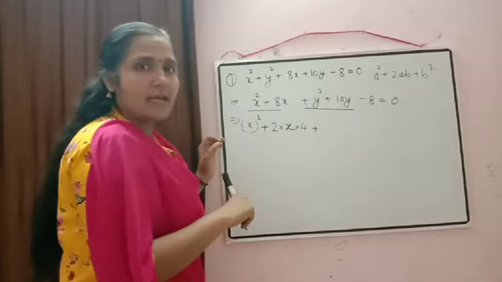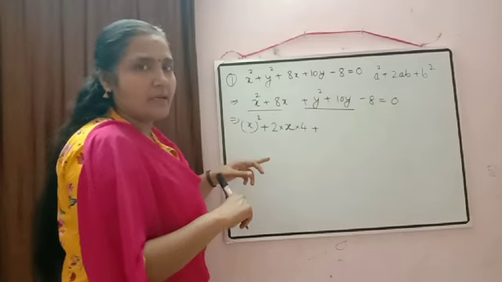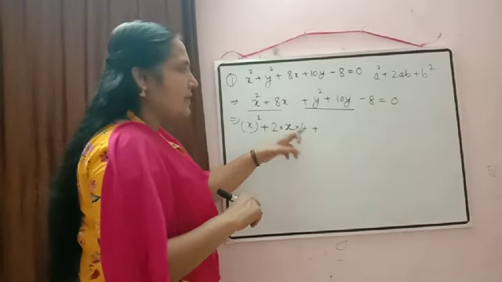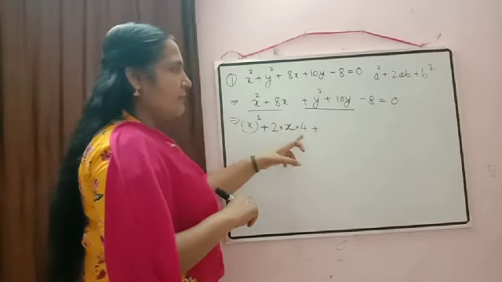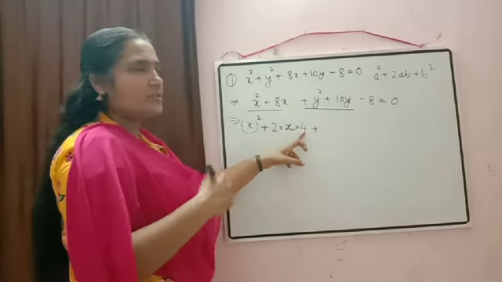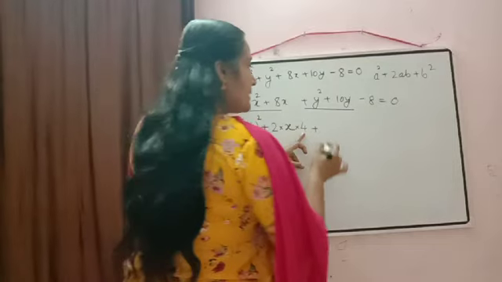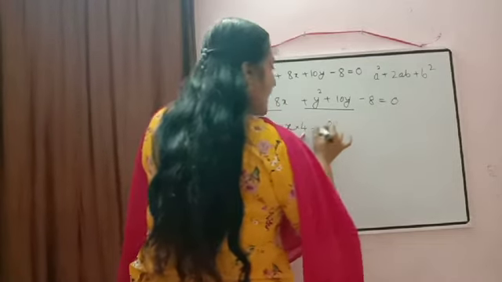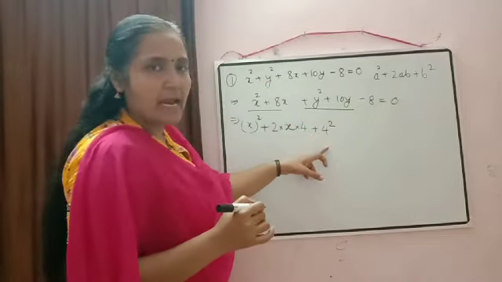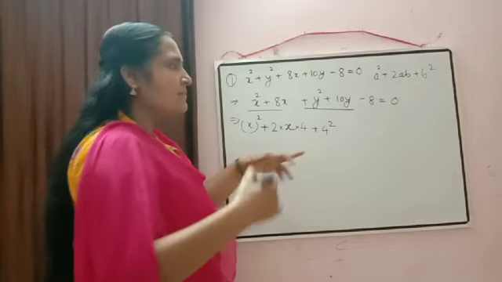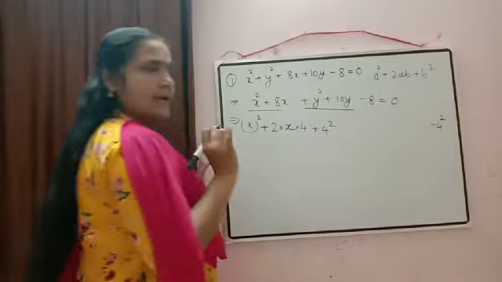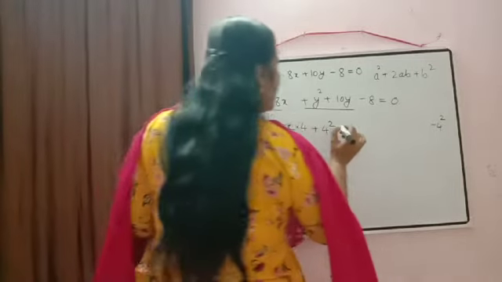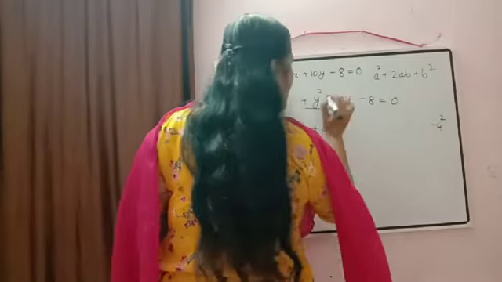Means what we want here? B square we want. Correct? B square. Next, according to the formula we should have b square. What we have taken b here? 4. So next what we have to add? Plus 4 square. So simply we cannot add 4 square. If we are adding, we have to subtract also. So in the last one I am subtracting. Minus 4 square I am writing here. Okay. Similarly, this expression also we are going to change now.